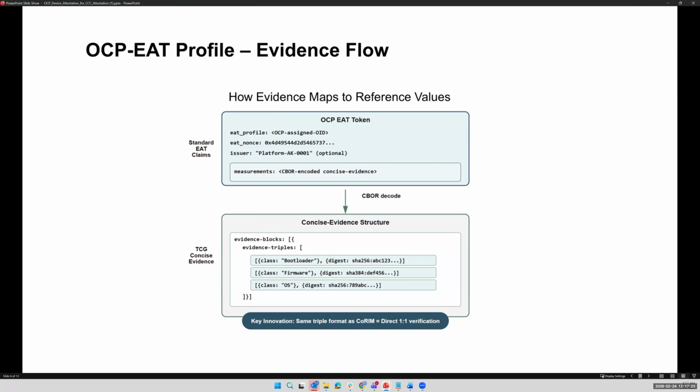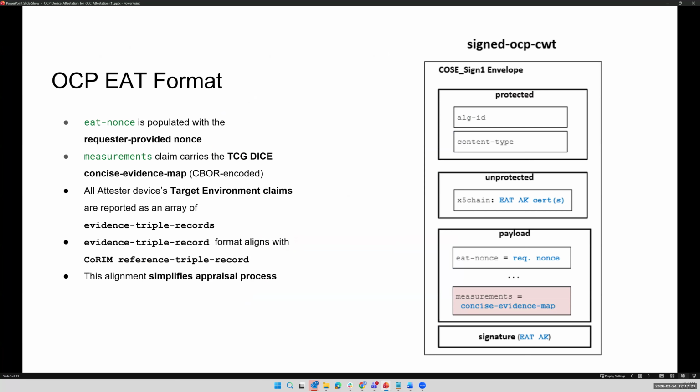Sure, thanks. If you go back one slide, in my understanding, you are talking about the different things that go into the evidence. One thing I see missing here is, just to recap and give you some context, probably you were in the OCP meeting where I presented in October, the attested TLS work. In case you were not there, one thing missing here is what is the connection of this evidence that is generated here to the connection